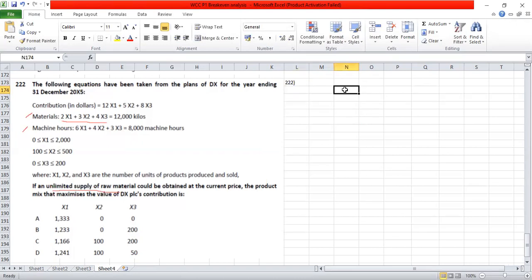the limiting factor. So let's take all the three products x1, x2, then x3. We can take the contribution from the objective function, which is 12x1 plus 5x2 plus 8x3. We can also find out the machine hours from the machine hours equation, which is 6x